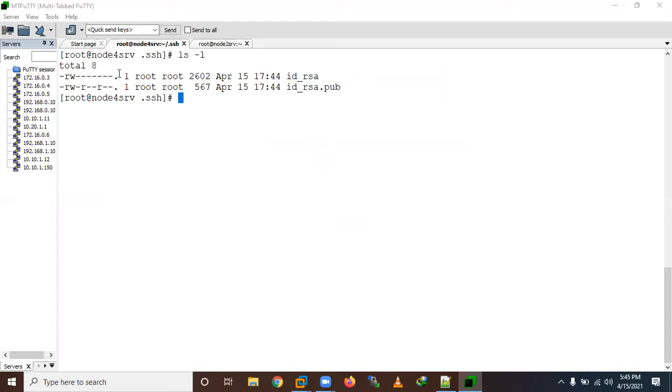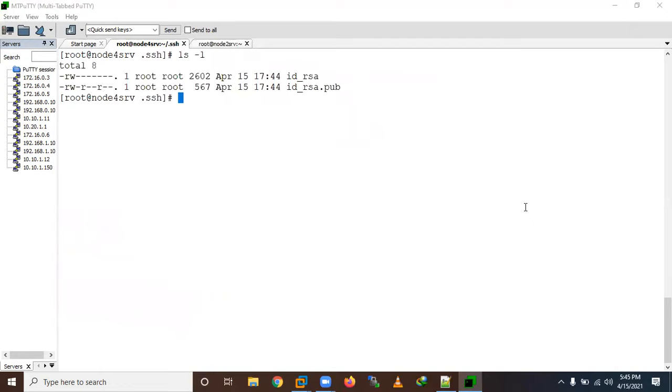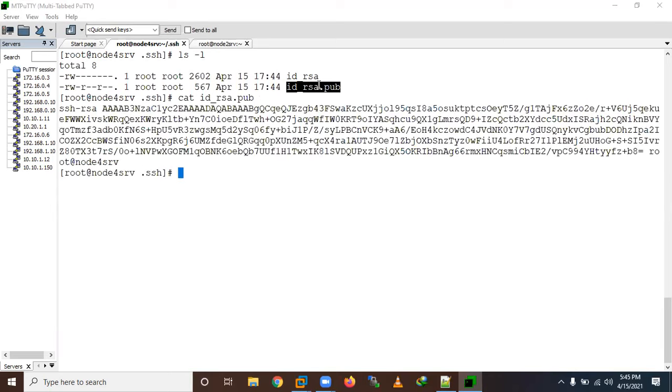You can see the permission by default for the private key is 600 only. For the public key, you can see with cat, and this is our private key. If you want to cross-check your ssh-keygen, check what the path is.